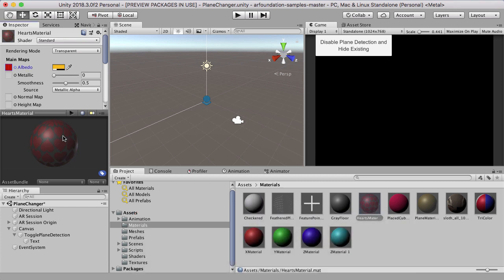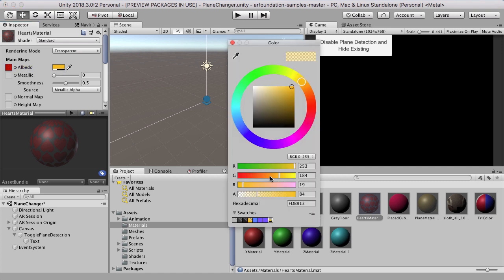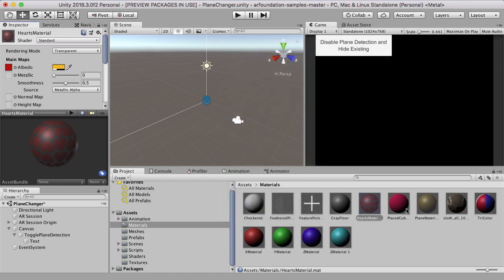And now you can see that our hearts are there because of the image. I don't think we really need to play too much around with this. I'm going to leave it as it was, which is 186. That's fine. I think that's okay. So we've got our plain one, we've got a hearts one. Let's keep on going